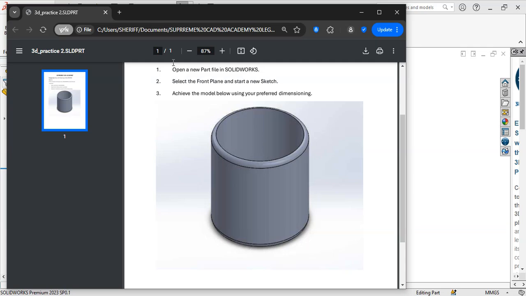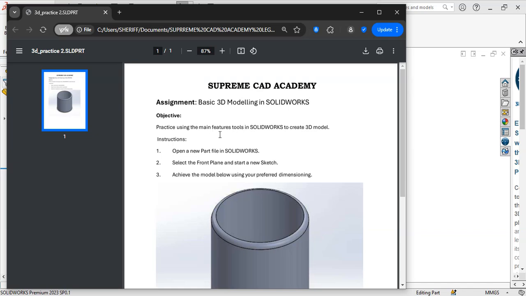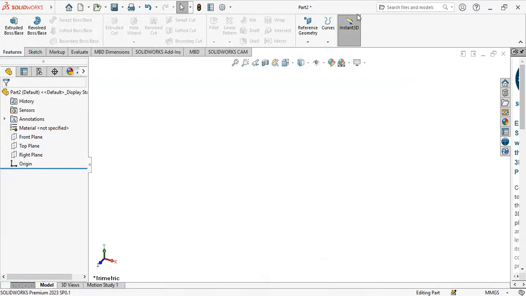You can see this right here. This is a cylindrical object which was created many years ago, or should I say a few months ago. Although it's an assignment from our academy. Now let's get started. First of all, to be able to achieve a cylindrical object, I've showed you just now,